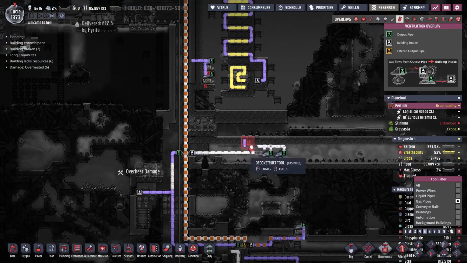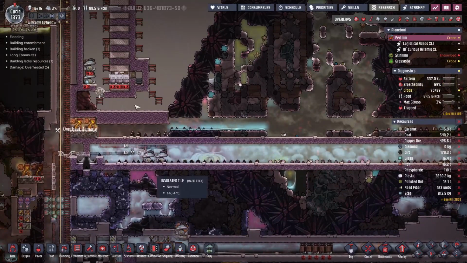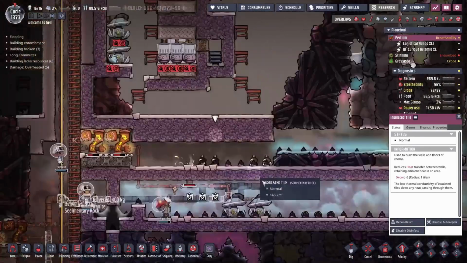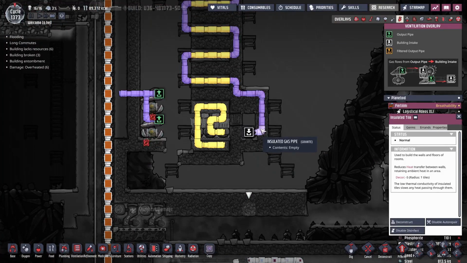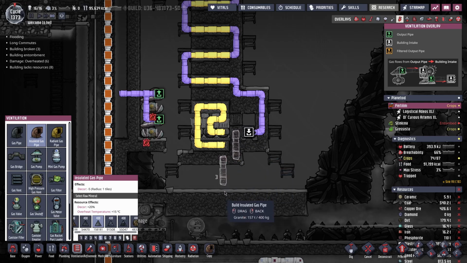Now, on that front, because this area will be vacuumed out, I can make the gas pipes out of whatever I want. Except for the little... Actually, no, I'm just going to fill this up with insulated tiles right here so that it doesn't transfer any heat. But let's start putting in those pipes. We'll make, at the very least, the stuff that comes through here out of ceramic. And then we can...